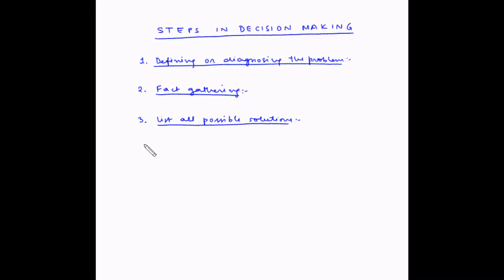After you are done with step number 3, step number 4 is to evaluate alternatives. Once all the alternative solutions have been listed, they are next evaluated. This is usually done by evaluating each alternative against a set of objectives or selected criteria which the solution must meet. The steps involved within evaluating alternatives are: